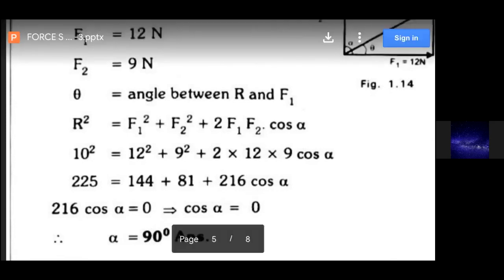And we did some problems also here. More than 10 problems we solved. We have to practice all the problems. Each and every problem is very important. Okay, we'll stop here. Thank you.